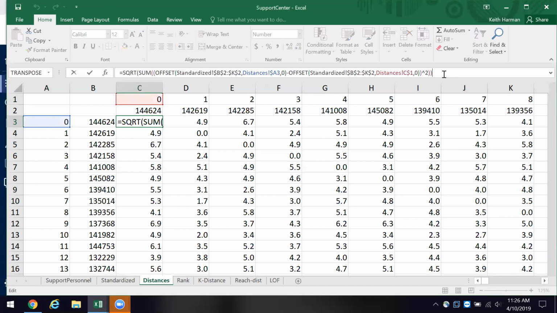And then we're going to come into the distances tab, and we're going to start at A3, and then we're going to subtract that offset with the distances C1, which is 0, and we're going to square that. And we'll get a 0.